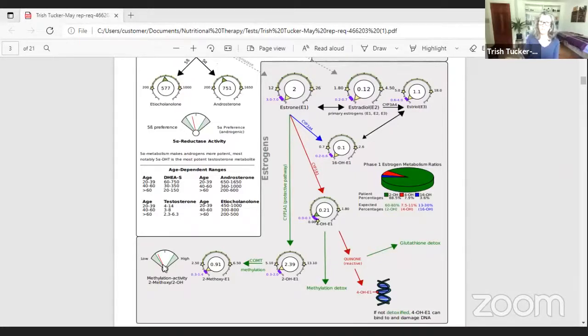I do supplement with D drops, like a vitamin D. Of course, being an Aussie, first winter in England, my vitamin D levels were a little bit depleted, and that impacts my methylation. So that impacts my ability to have that phase 2 of your detox pathways, that ability to methylate and get those hormones out of the body. So we make our hormones and we need to detox them. We need to make them, use them, and then get rid of them. And so my ability to get rid of them,